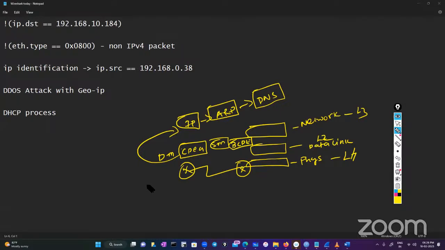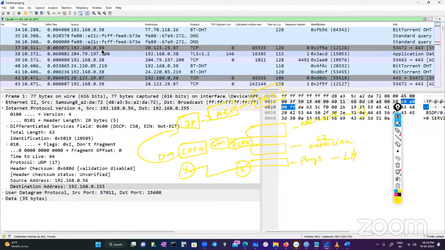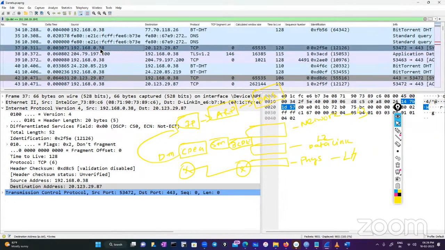When you troubleshoot, is the problem that my DNS communication is not happening, or my ARP communication is not happening, or is it something with IP? You have no clue if you're not capturing the packets, you'll never get to know all this. But with Wireshark, if you go back here and take any IP packet,